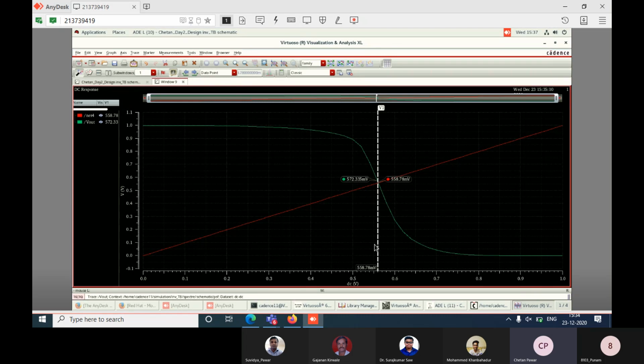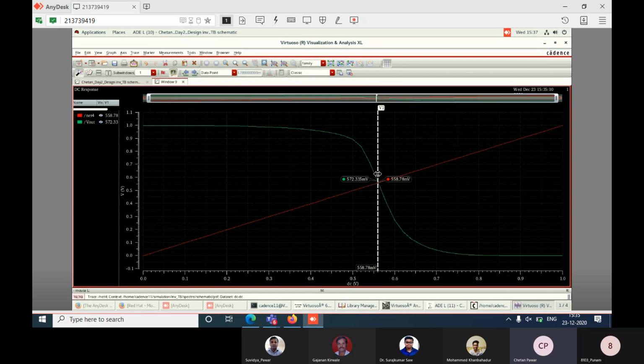As we have studied in the theory class for VLSI, when a CMOS inverter operates at its threshold value, what is meant by threshold value? VDD by 2. So what is VDD in our case? The maximum voltage, 1 volt. So what is VDD by 2? 0.5, right?